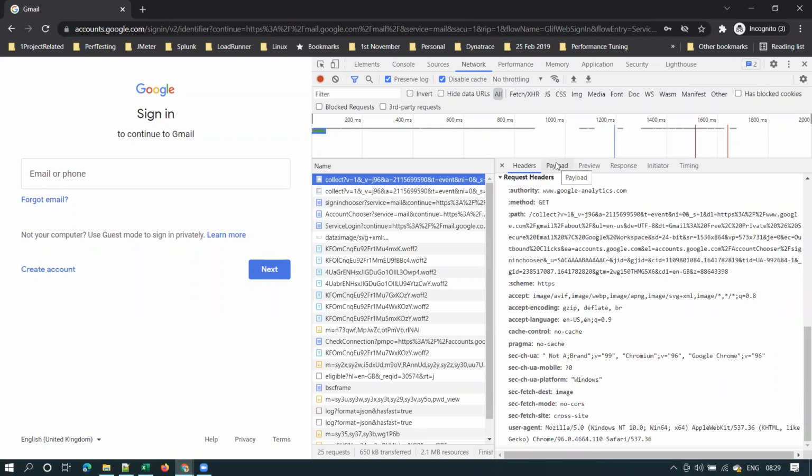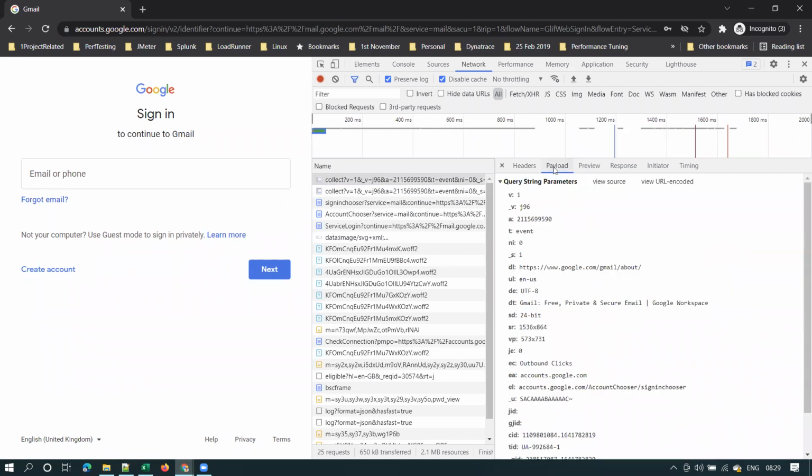Here you can see, in the last session I told you, request body, they introduced a new tab called payload. I explained this payload. Payload tab is nothing but request body. Understood?